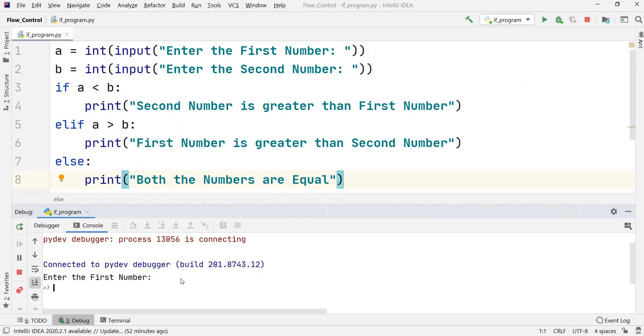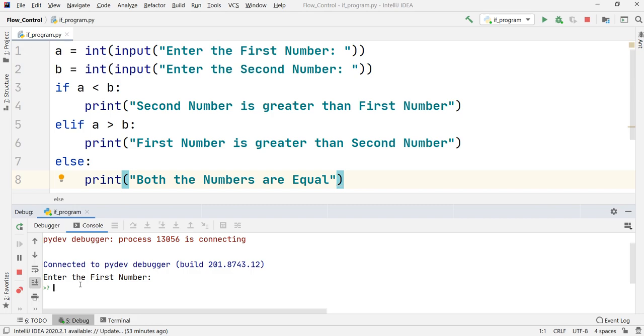After doing that, the same kind of output window that we always have will appear in front of us. One more thing that will be different is that it is saying right now that it is making use of the PyDev debugger. And like what we have in the output window, it is again asking me for the first number. I will put the number in as well.